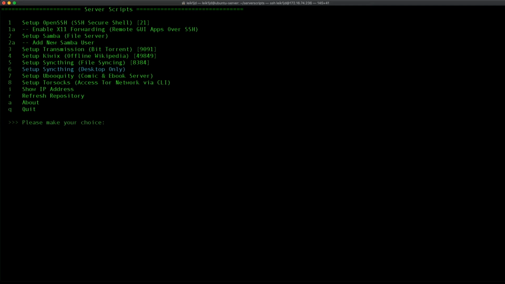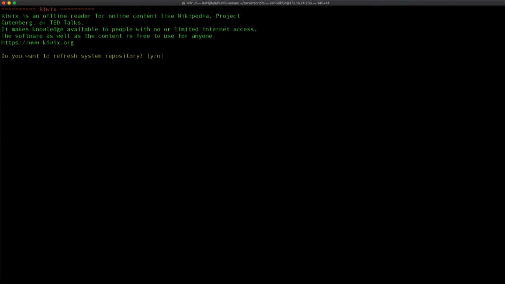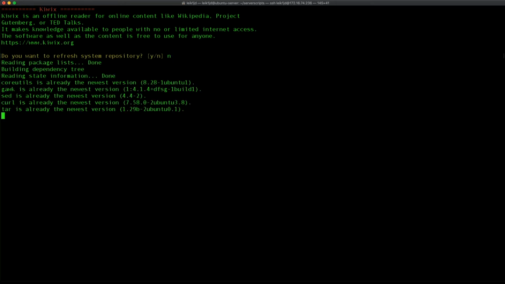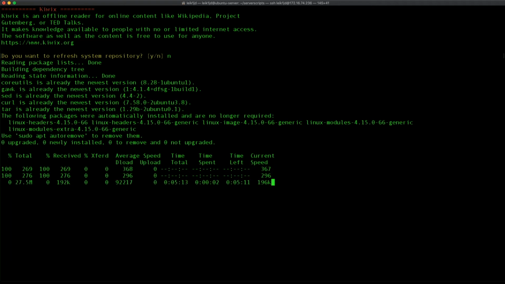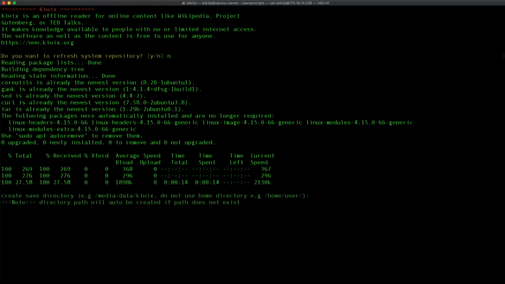And so what we want to do is number 4, the Kiwix, set up Kiwix offline Wikipedia. And we say number 4. We don't need to refresh the repository because I've just done all the updates. And so it's going to go ahead and it's going to download everything that we need to get this going. All right, and it wants us to create a save directory, and we're actually going to use